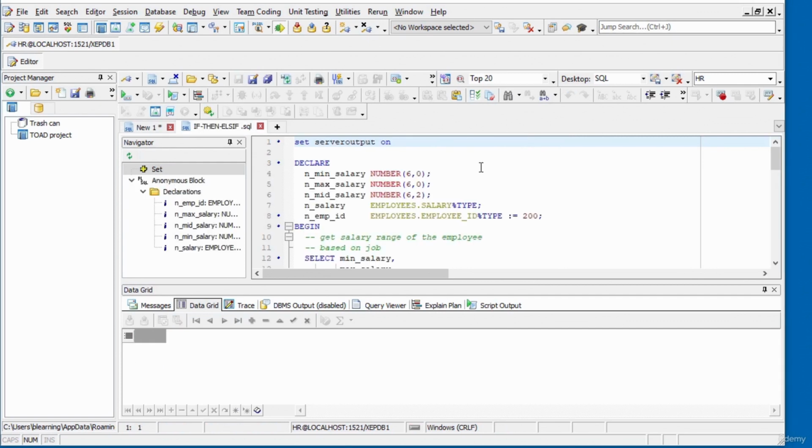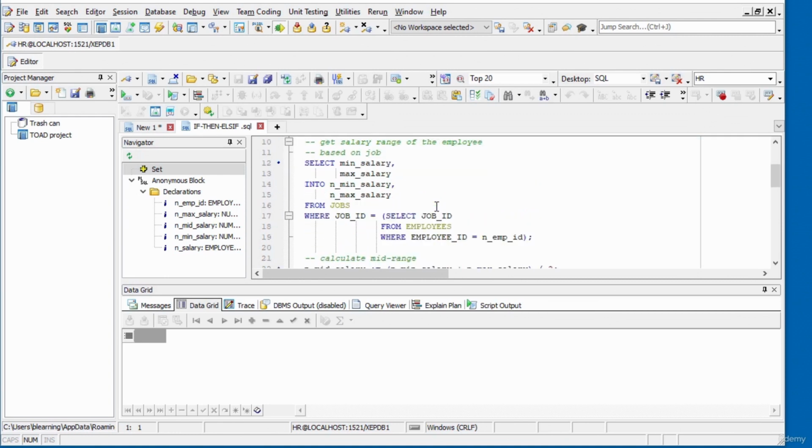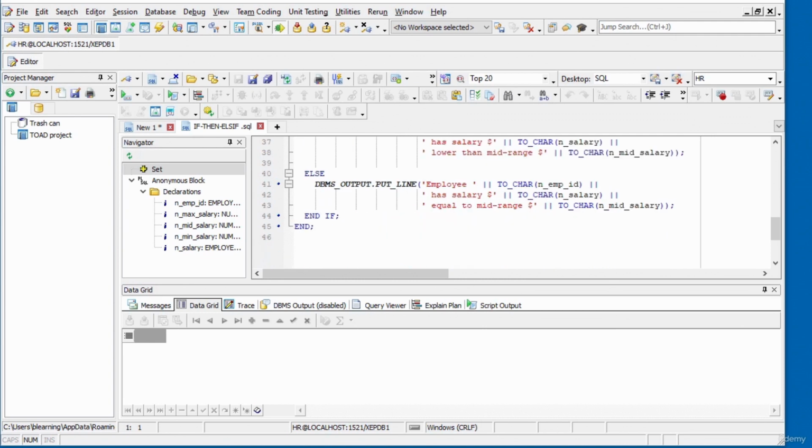I have added the final script, which is for the if then else if statement. So what this script is going to do, the script is going to print out a message on the screen based on the employee salary, whether the salary is higher than the mid-range, lower than the mid-range, or equal to the mid-range. To execute the script, I'm going to click on the drop down and then select execute via Toad